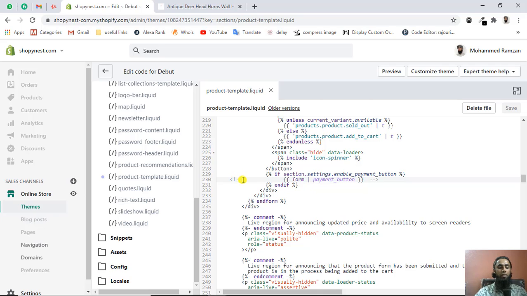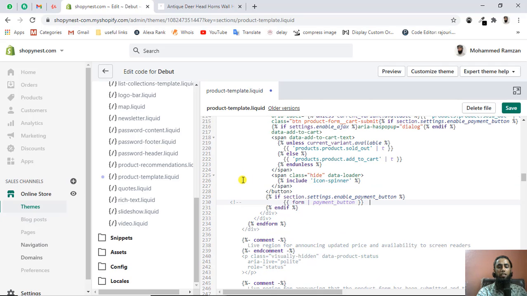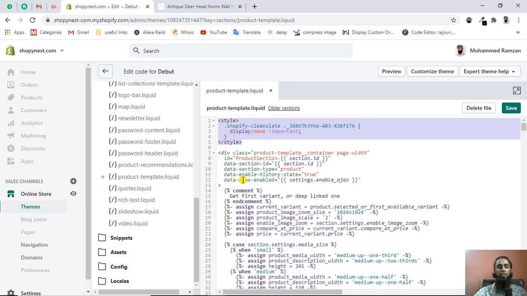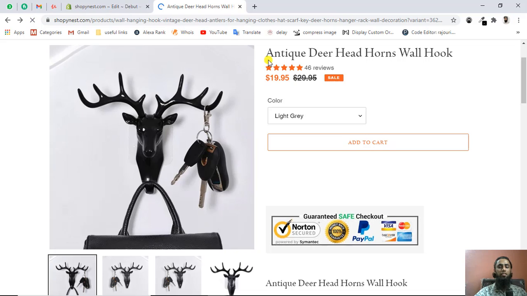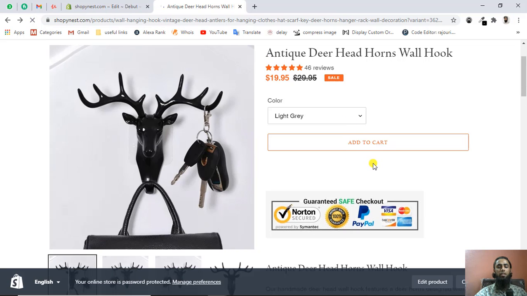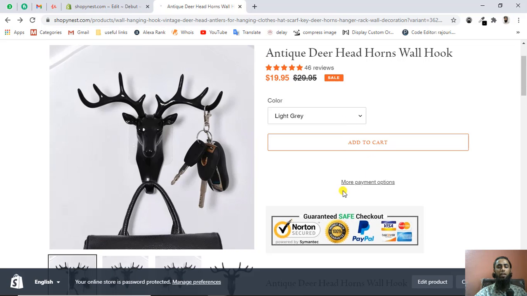So let me remove that code once again, Control Z, and then I have added the style. This was the first way. So let's save this code and then let me refresh this. You can see that the specific PayPal button has been removed, but we have more payment options over here.